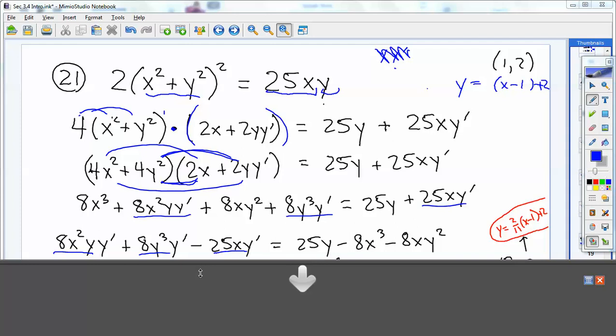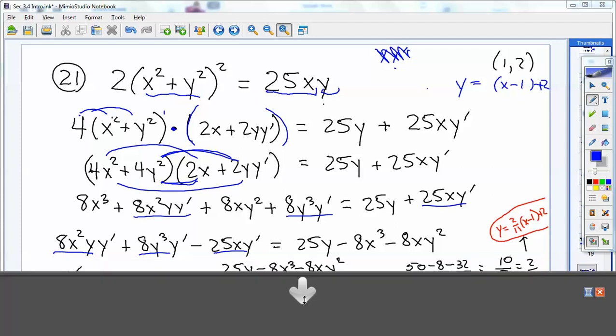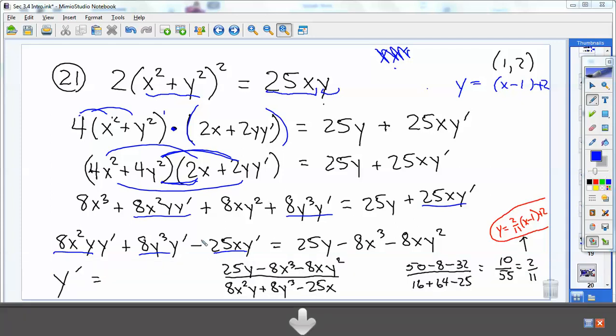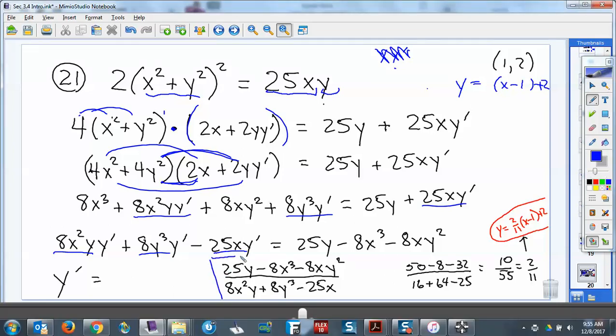Okay? Now I ran out of room here, so I'm going to skip a step. But I would take out the y prime, and then I would divide by what's left. Okay, so I took out the y prime, and then I divided it, and I got